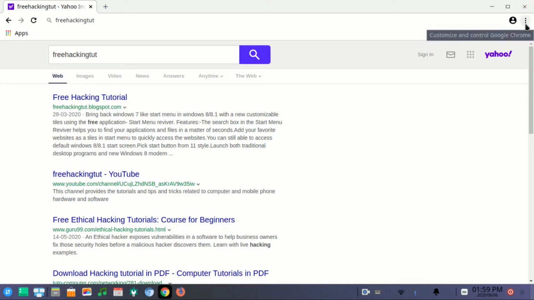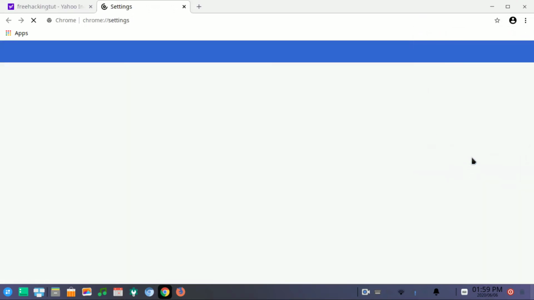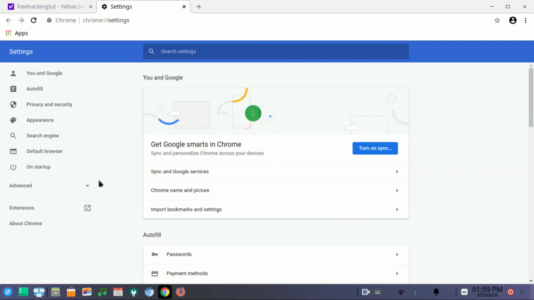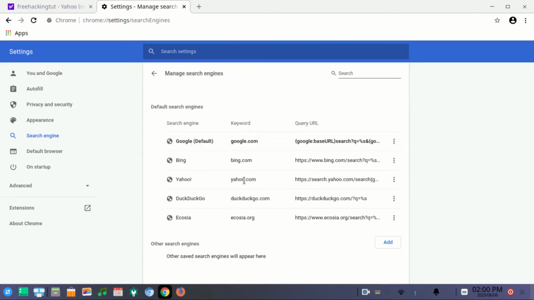to go into the settings by clicking on these three dots. Click on it and click Settings. Now on the left side, click on Search engine. Now here, search engine used in the address bar. Now click on the drop down arrow and here you select Google, and here also Manage search engines. Click on it, and now you can see here